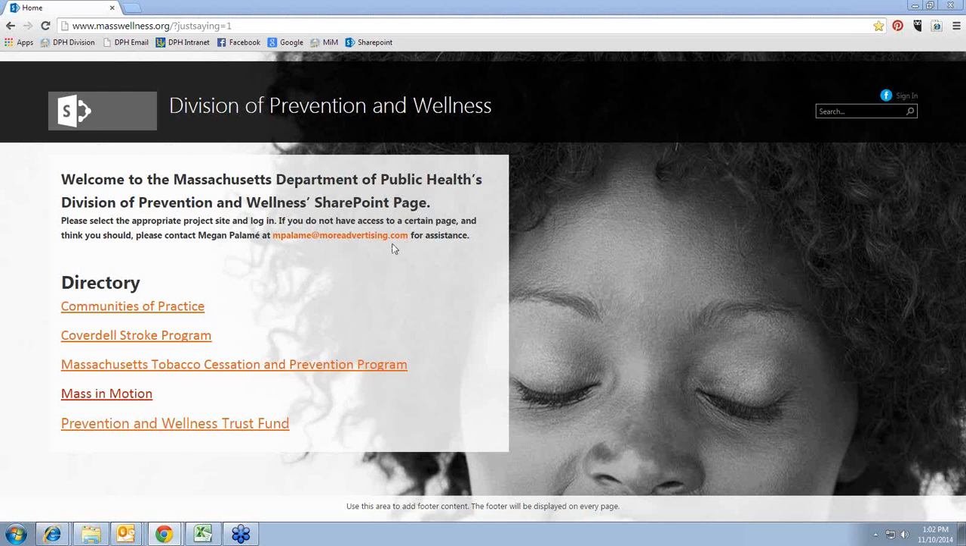DPH, and I am going to be going over how to use the Microsoft SharePoint account we've set up for everyone. We're going to show you how to log in, but basically we set this website up so that everyone, Mass Emotion community coordinators, DPH staff, TA providers, we all have one central place we can go to grab information, download resources, upload documents, upload reports,